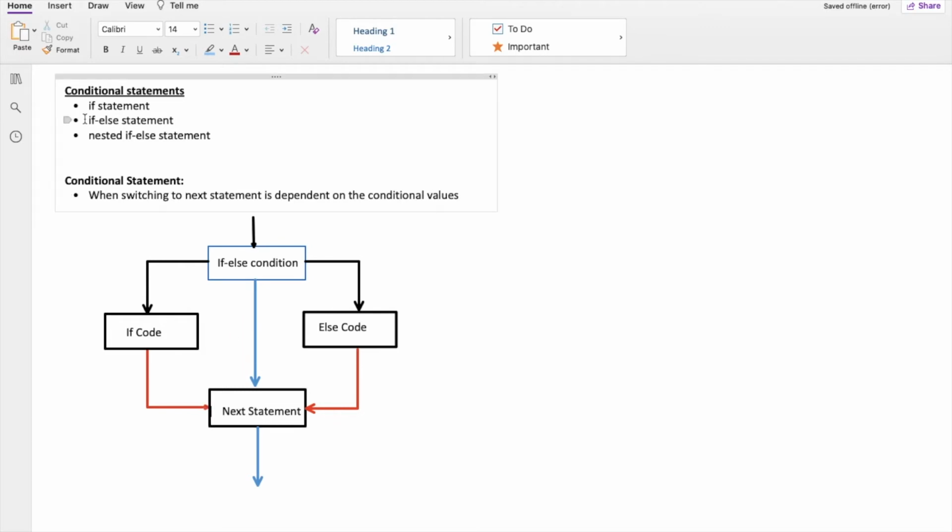But in case of if else, if the if is not true, then it will execute the else block. It will not go directly to the next statement, but in case of the first one, it will go. In case of if else, it will execute either this code or this code. And if you have not used a break statement in both of the blocks,